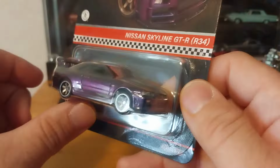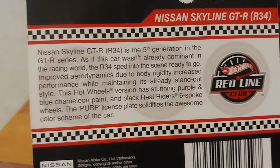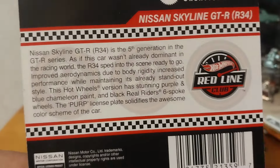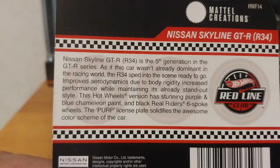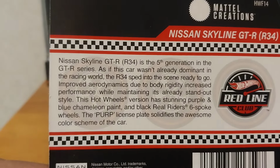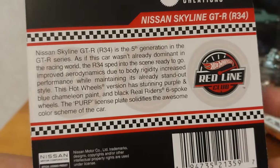and this gives you a little bit of background story. That's what I like about some of the RLC stuff. They do tell you a little bit about the car. It's not a sales pitch like their mail-in stuff. Their mail-in stuff that they give out, like for the 65 Dodge Coronet AWB that we unboxed the other week,